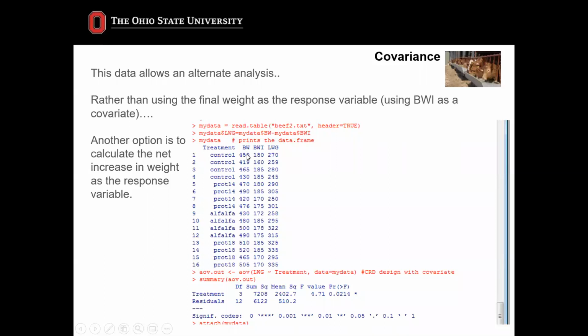We can actually subtract the difference and look at the live weight gain during the study, so that our response variable is not the final weight, but the weight that the animals actually gained during the study. In this case, we would not use the covariate. The starting condition has been accounted for in terms of the weight gain of animals during this